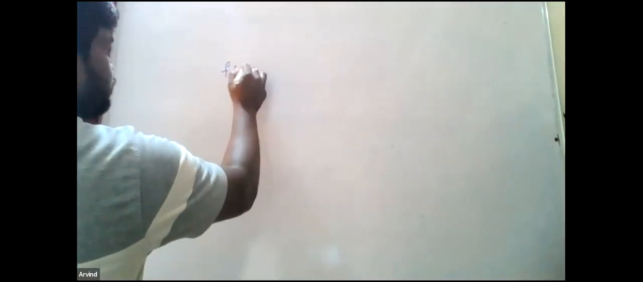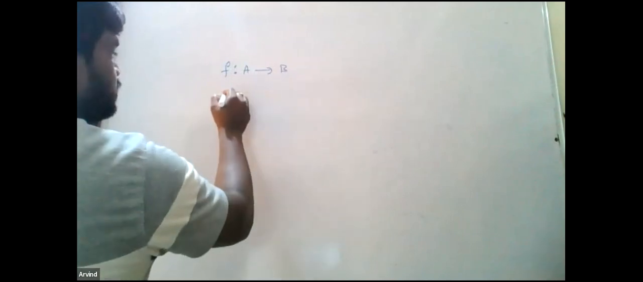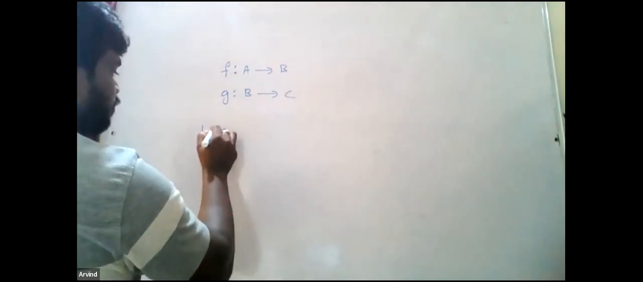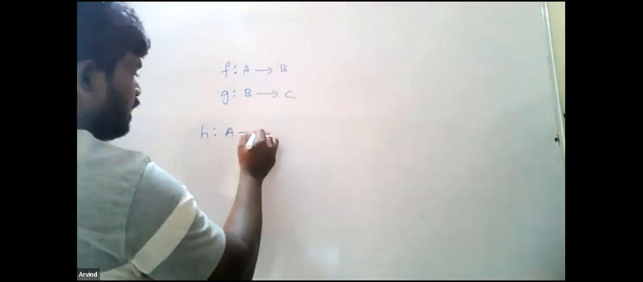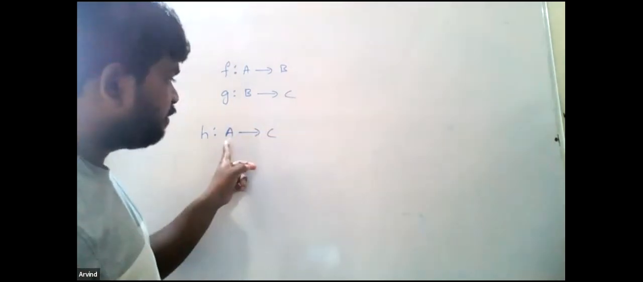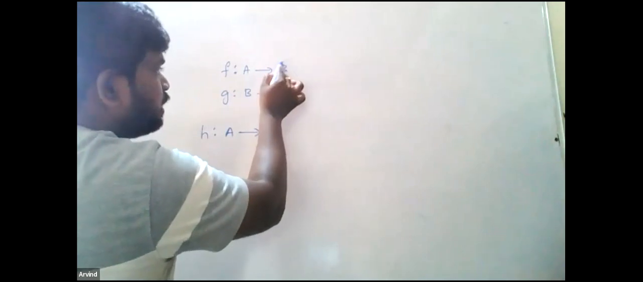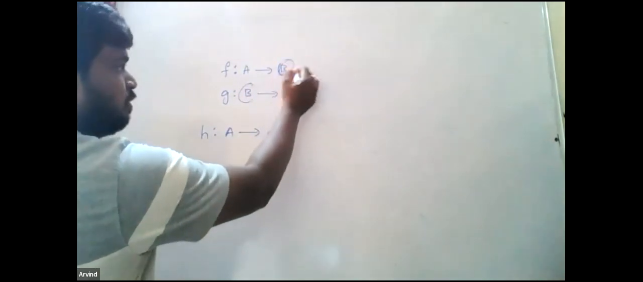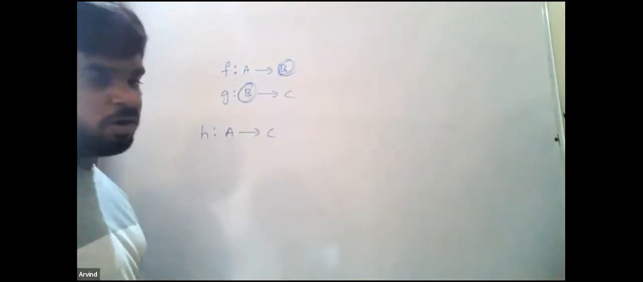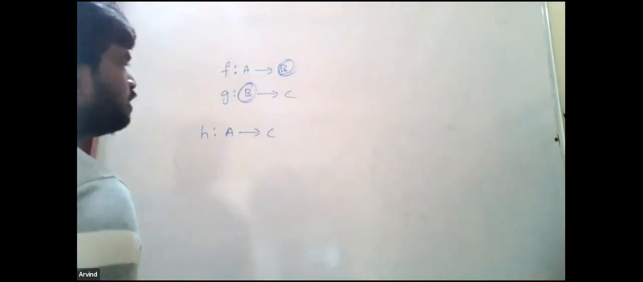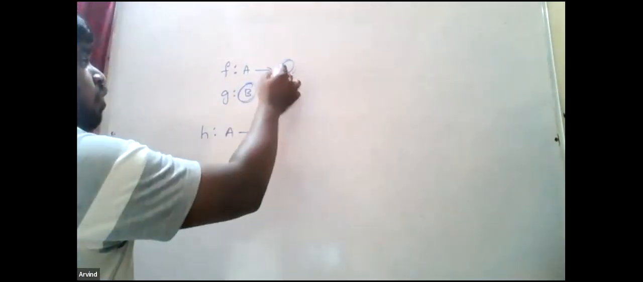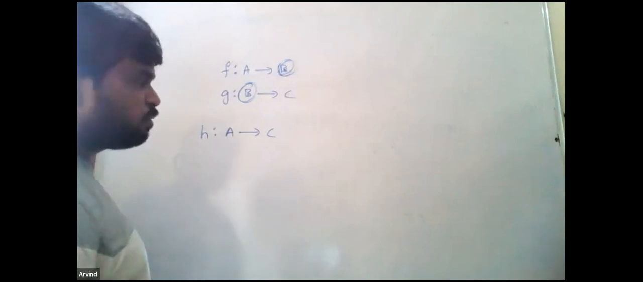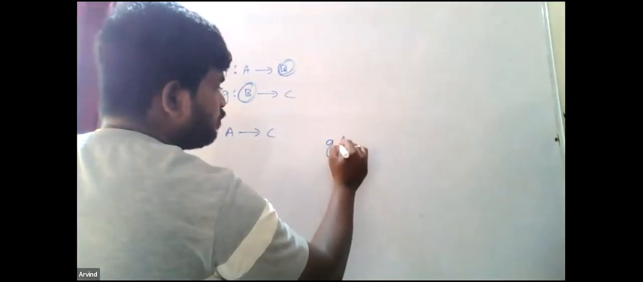Suppose f is a function from A to B and g is a function from B to C. Then you can define a new function h, which is from A to C. And if you want to define a function from A to C, remember the range and the domain. The range of f and the domain of g should be the same. Only then you can define a composite function. Remember that the codomain or the range and the domain should be same. Then you can define a new function h from A to C such that g of f of x,